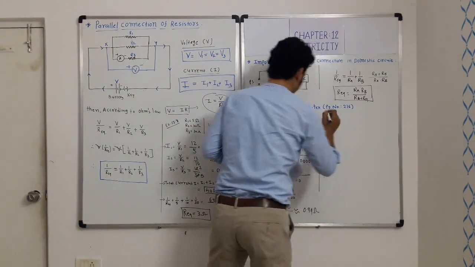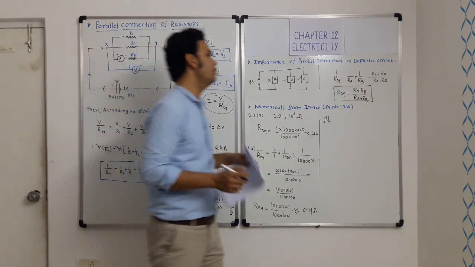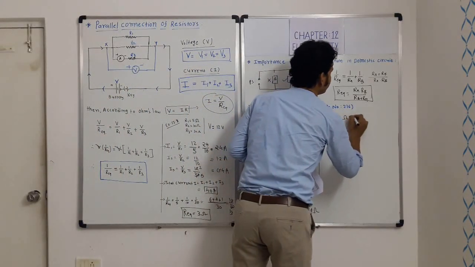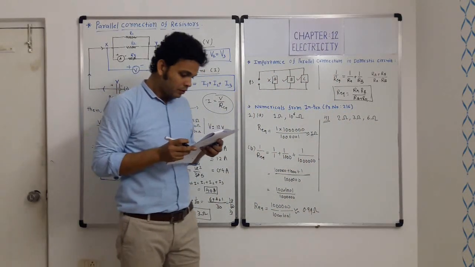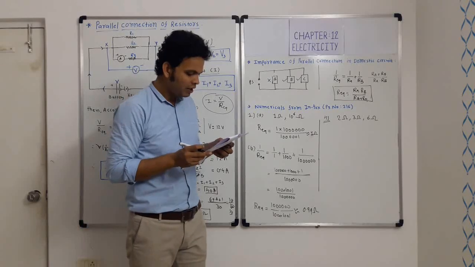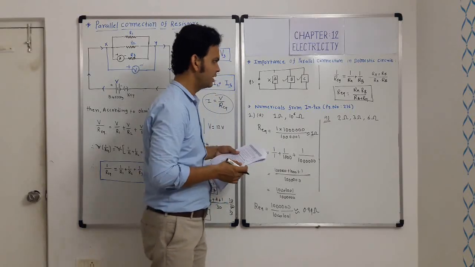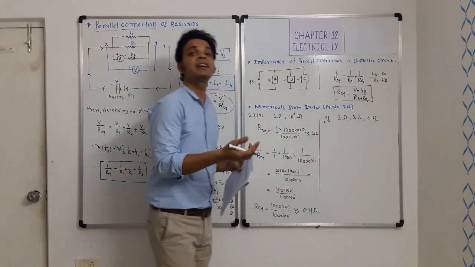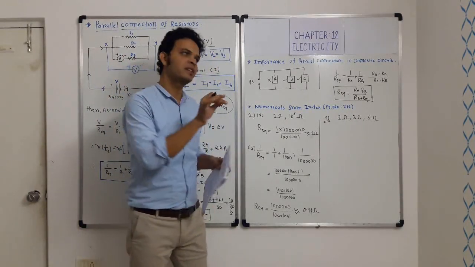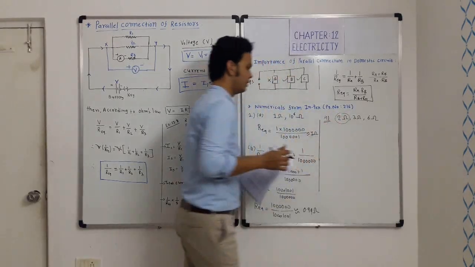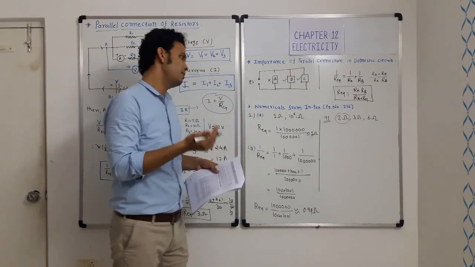Okay, next is, let's say, 2, you can do 3, fourth one. You can discuss fourth one. So fourth one is, how can three resistances 2 ohm, 3 ohm and 6 ohm be connected so as to give a total resistance of 4 ohm and 1 ohm. Okay, so how can we get the value of 1 ohm? As I just said, if three resistors have been connected in parallel, the equivalent value is even smaller than the smallest value. So here smallest is 2 and we require 1, so probably we have to connect all three in parallel. Let us see.